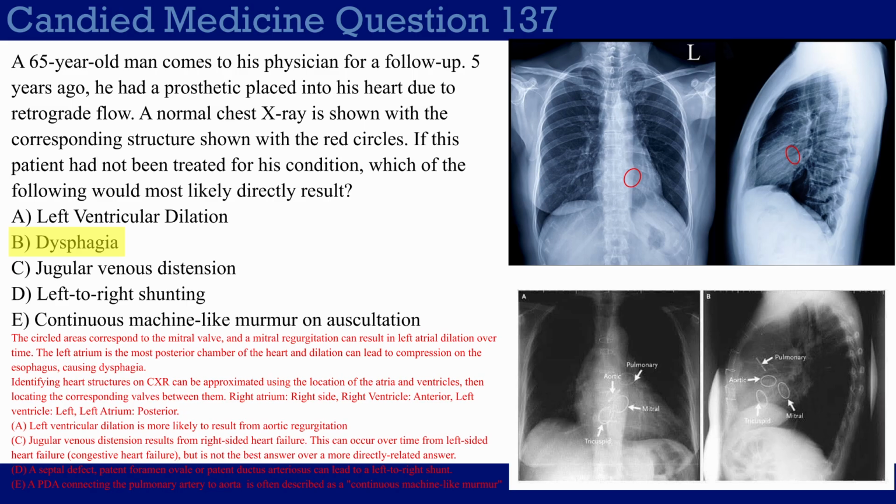Now, taking that and coming back to the way I drew the red circles on the actual question, you can see from the frontal view, I drew the red circle a little bit to the left of the sternum, not quite exactly in the middle, which is where the aorta is typically placed. And more importantly, if you look at the lateral view, I put the red circle way in the posterior of the heart, which makes more sense because that's where the mitral valve tends to be, moving from the left atrium, which is in the posterior of the heart, to the left ventricle, which is on the left side